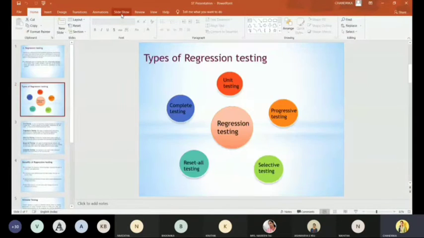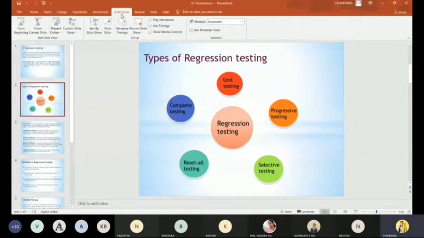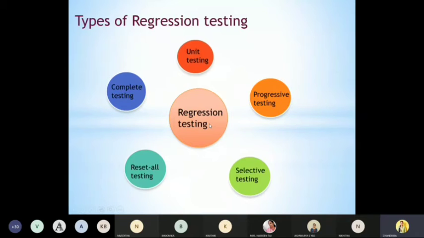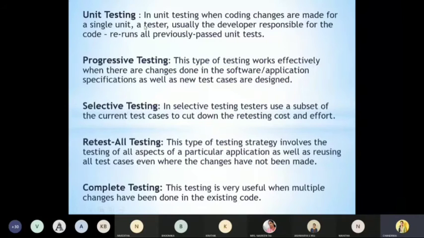These are the types of regression testing: unit testing, progressive testing, selective testing, retest-all testing, and complete testing. Coming to unit testing, when coding changes are made to a single unit, a tester, usually the developer responsible for the code, reruns all previously passed test units.